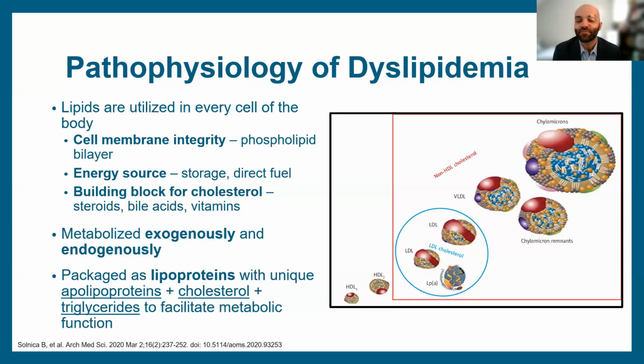As you see in this image on the right here, HDL, high density lipoproteins, don't have a ton of that extra cholesterol and triglycerides present. Then we have some of our intermediate ones, as well as our LDL, our low density. It's a little bit of inverse thinking: the smaller the molecule, the higher the density. Our LDL, the so-called bad cholesterol, can be pro-atherosclerotic. We'll talk a little bit more about that. They have a little bit more of the cholesterols and triglycerides. And then we go up to our chylomicrons, which are really the first formation after we eat.